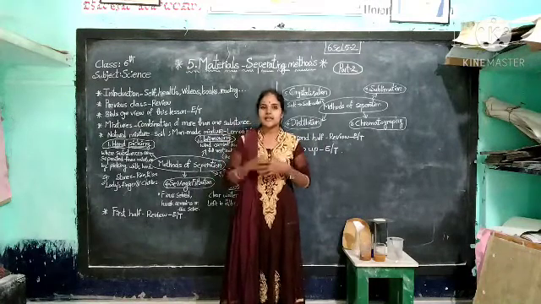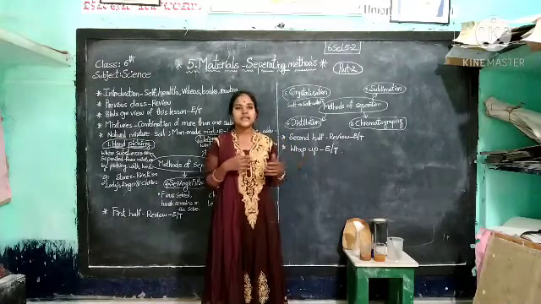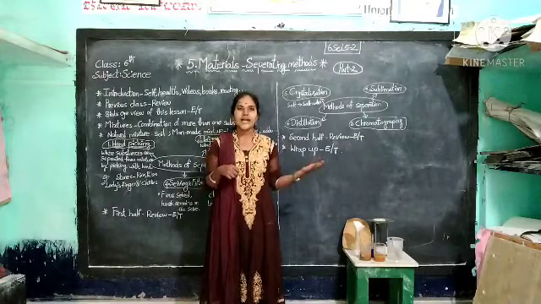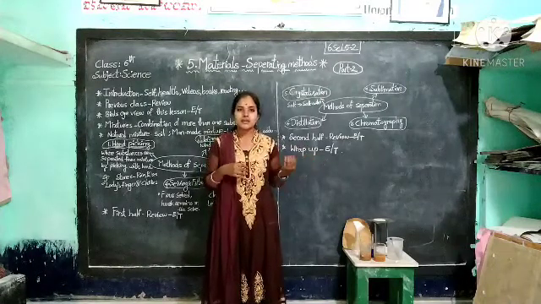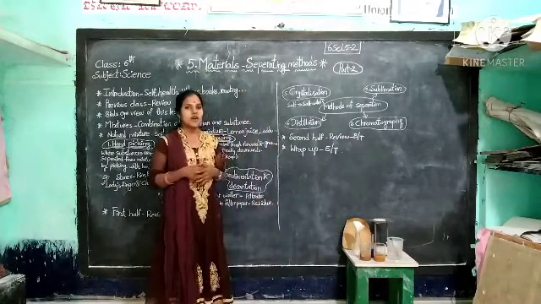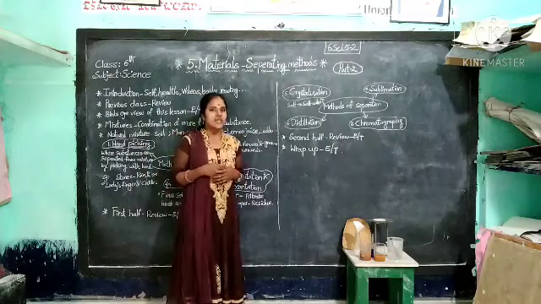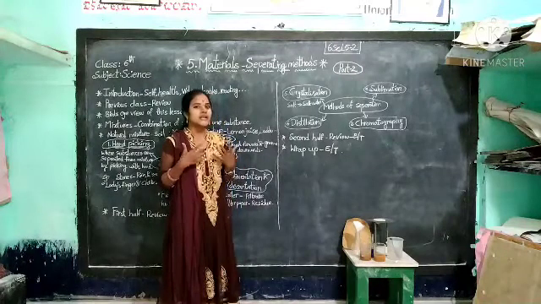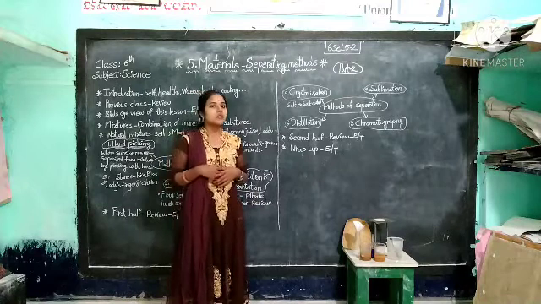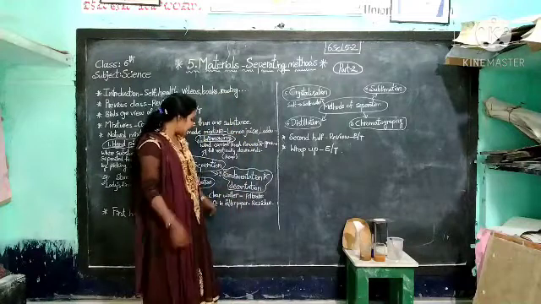This is sedimentation. After the sedimentation we go for decantation. We pour that water into another glass. That is decantation, which is also a method of purifying water. These two methods are used to purify water, but they are not enough. We do not get 100% purified water. We have another method to get 100% purified water. What is that? Filtration.